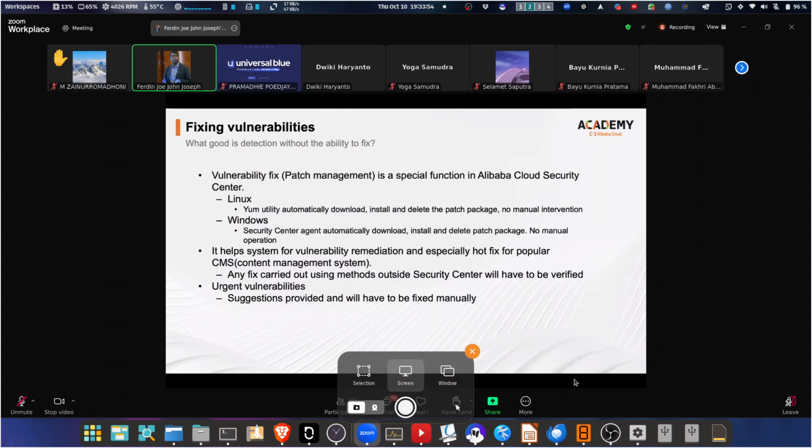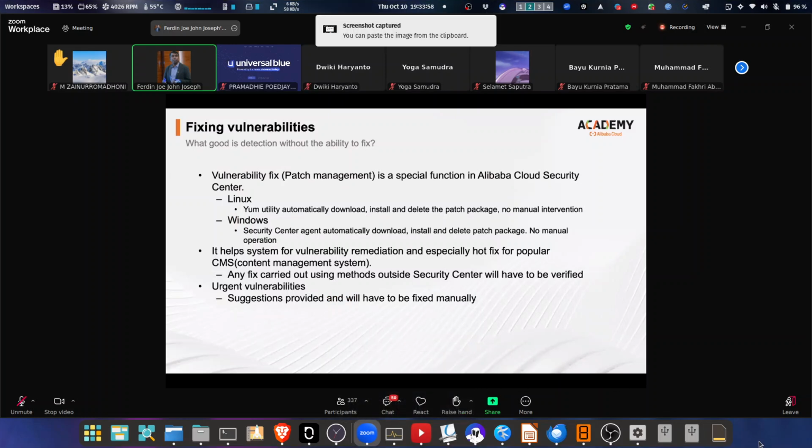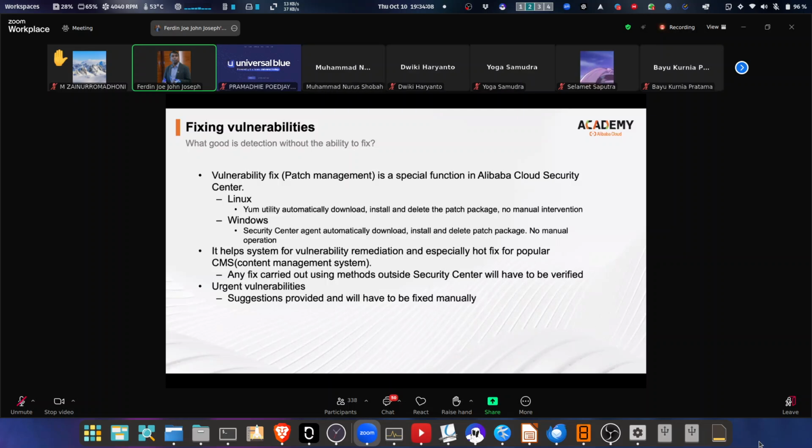And then for fixing the vulnerabilities, we have the patch management. So this is a special function in Alibaba Cloud's Security Center. We use the Yum utility, which can automatically download and install the patch package. So this one you can note down for the exam. Sometimes you may be asked what kind of commands you use for Linux. And for Windows, we use the Security Center agent, which can automatically download, install and delete the patch package, and there is no manual operation. It also helps to